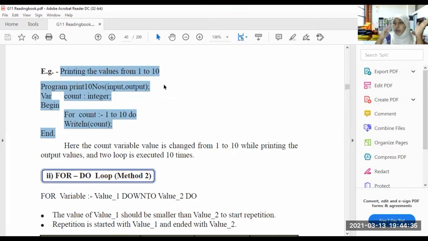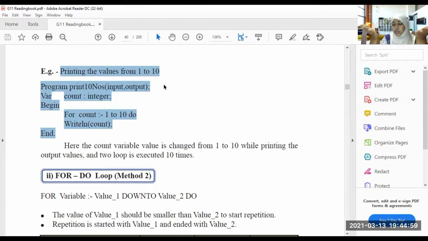Imagine when I tell you, write down in your book numbers from 1 to 10, you are writing 1, 2, 3, 4, 5 and it goes till 10. So you will write numbers from 1 to 10, right?